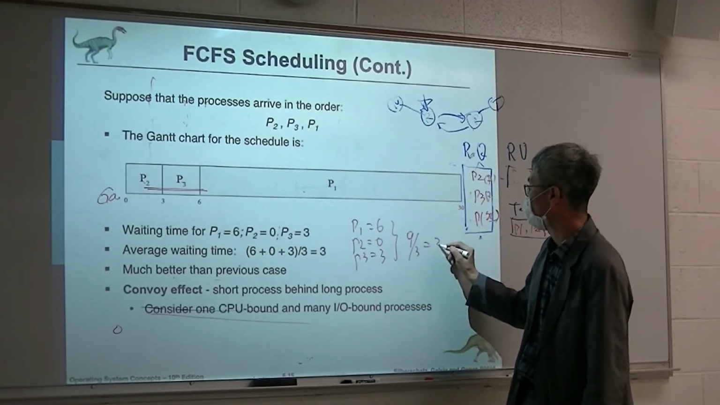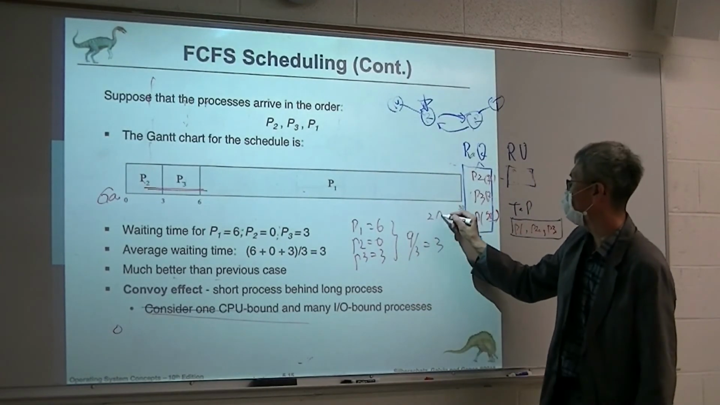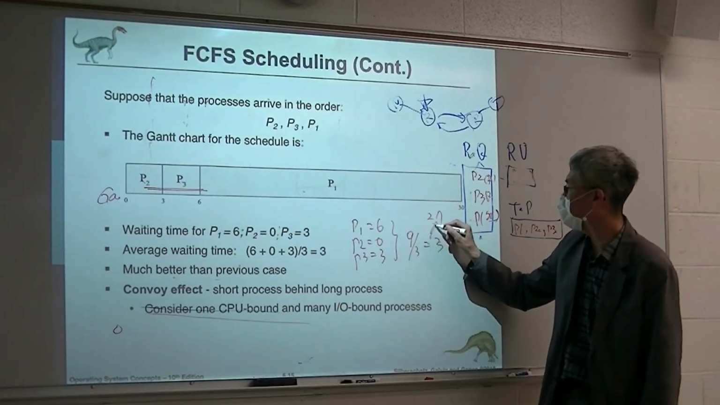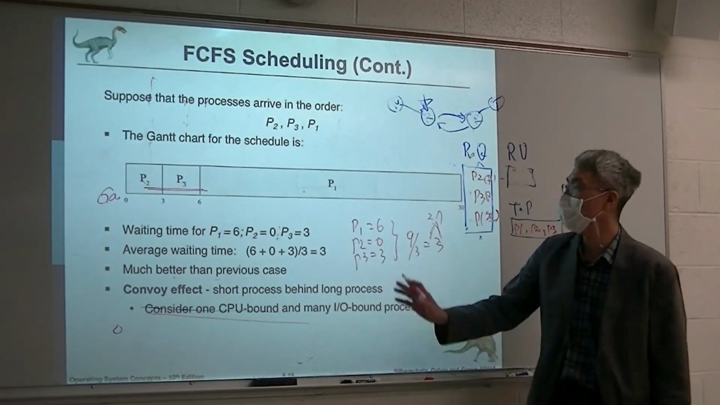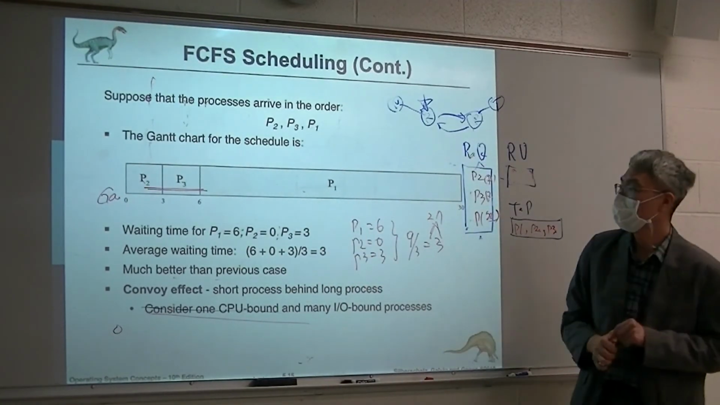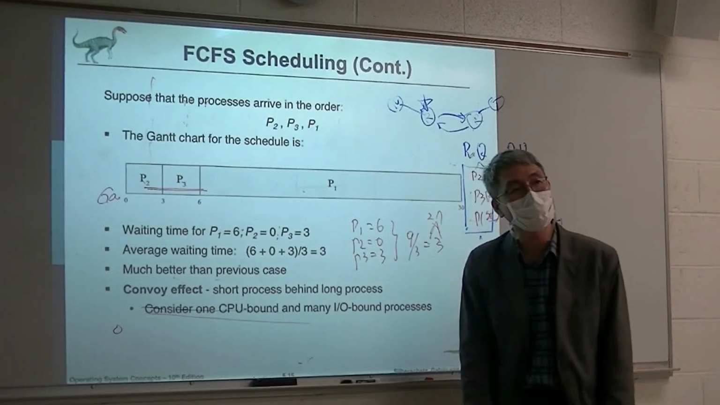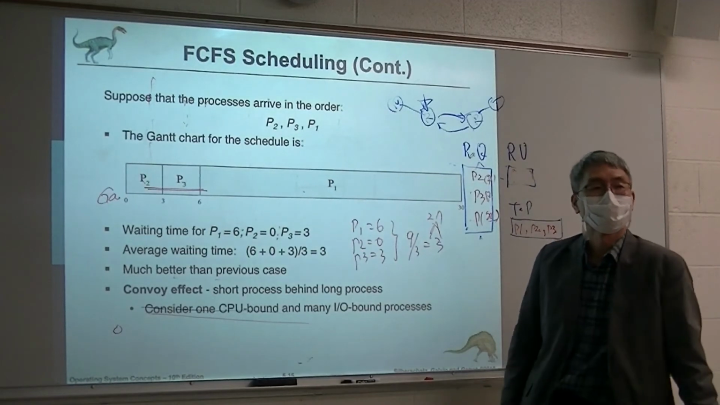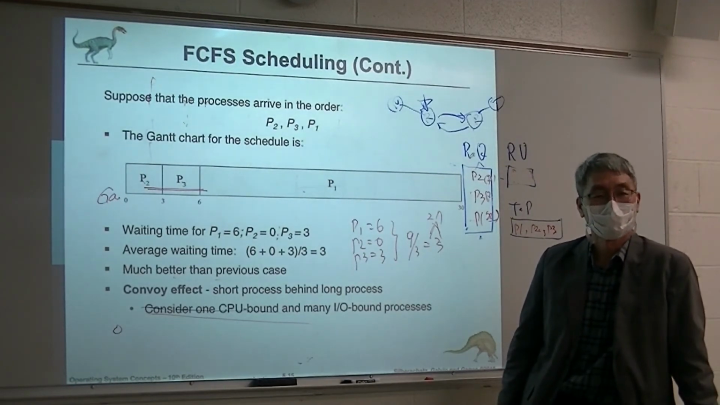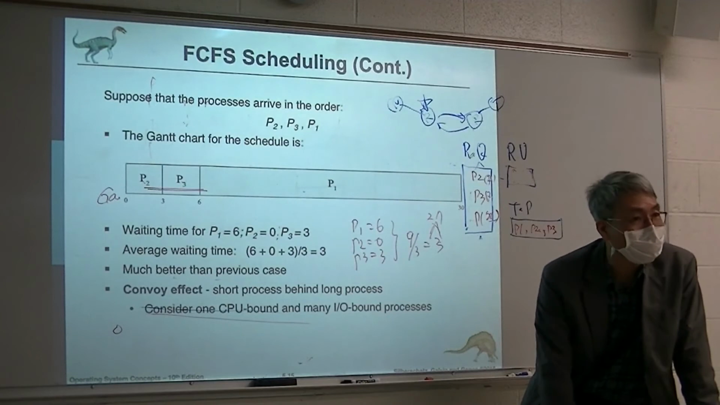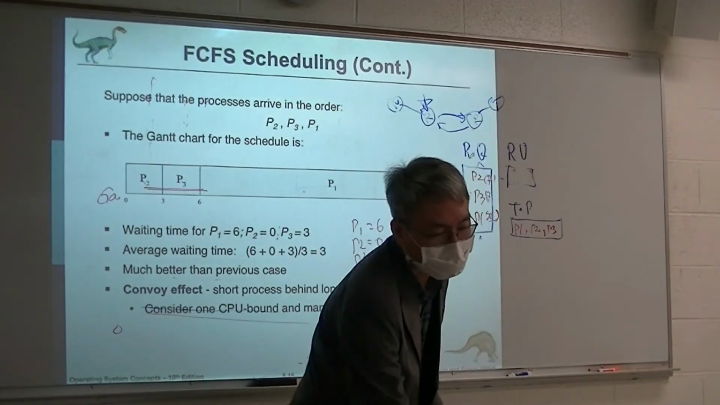Nine over 3 is 3. The previous one was 27. This one is 3. So which one is better? Obviously this one is much better, by changing only the order of P1. So this is called the convoy effect. We need to address such a convoy effect. How? Shortest process. So I take into account burst time. So not only arrival time, we can consider the burst time. So that is